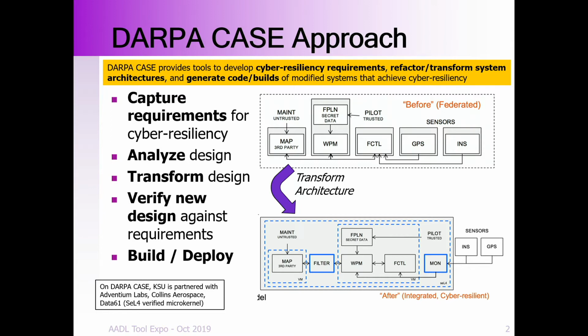And one of the fundamental aspects of the CASE approach is the use of microkernel technology. The idea there is that if you have a microkernel in place, you can use that to strongly partition components, make sure they're not interfering with each other in unanticipated ways, and you can also carefully control how they're interacting or communicating with each other. The nice thing is, if you need to do any of these transformations, it's very easy just to reconfigure the microkernel partitioning so that you can enable these different transformations and switch the way that components are talking to each